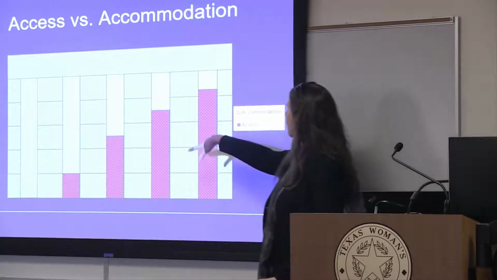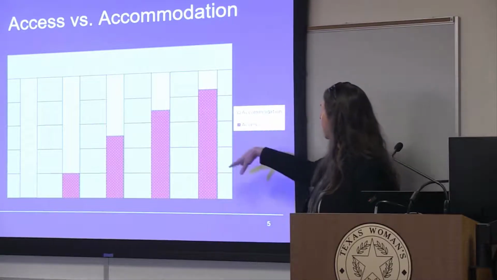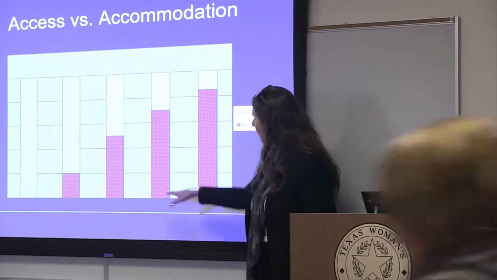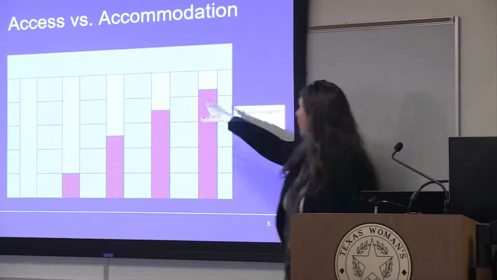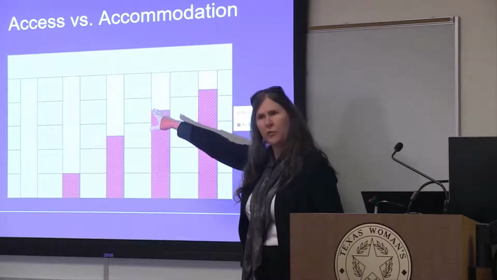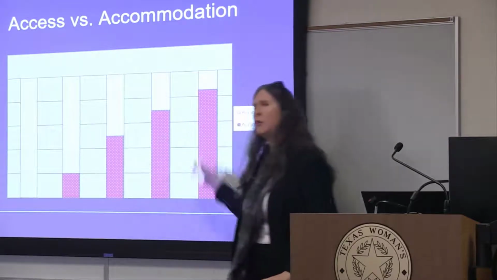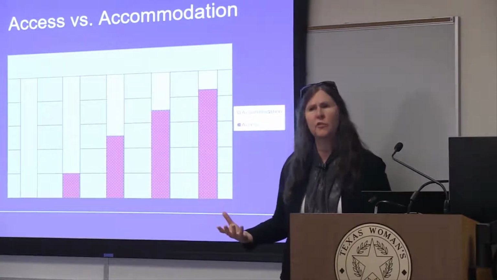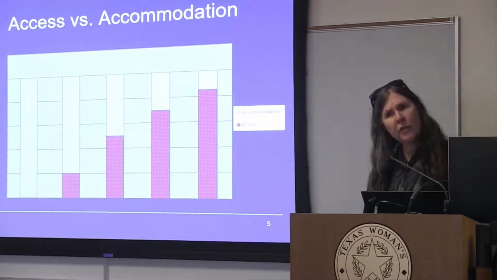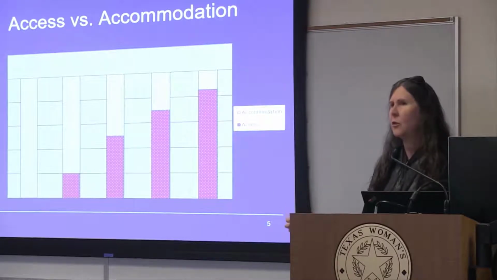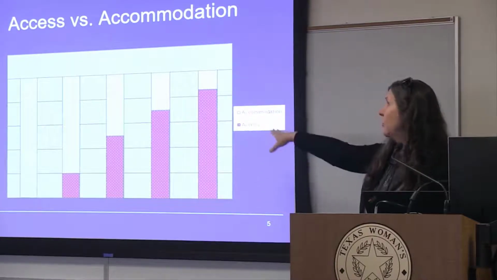So access and accommodation, on this little chart here, the blue and white striped bars, that's accommodation. The red with the dots, that's access. The idea here is that access and accommodation work together. It's a continuum, but you always meet the individual's needs 100%. So each of these bars goes all the way to the top. How much is accommodation? How much is access? The individual themselves doesn't really care. But from the perspective of the campus, the more the access is built in, the faster, the easier, and the less expensive it will be to provide the accommodation.